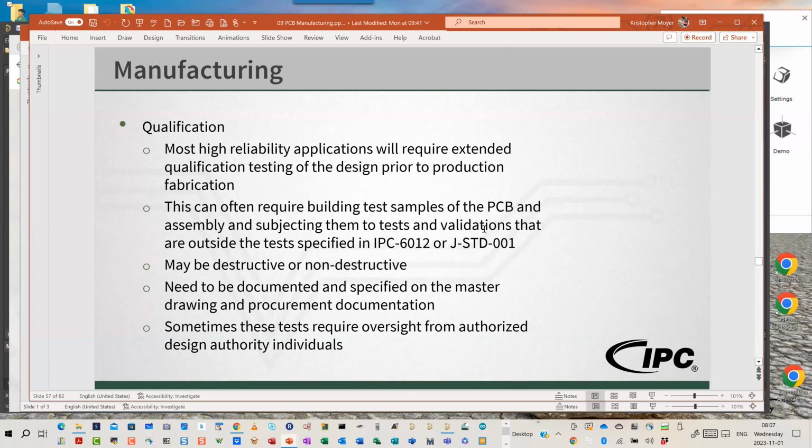Okay. Additionally, qualification. All boards go through some level of qualification. You as designers will choose what that is. For high reliability designs, often you have extended qualification testing of the design prior to production fabrication. When we say qualification, we're basically talking about testing, right? The prototype testing level, and at what point the product or design is deemed acceptable to go to production. Now, for a consumer good, it might be: I built a prototype, I tested it, it appears to function, go to production. On the other hand, if I'm building a NASA rocket ship to go to the space station,